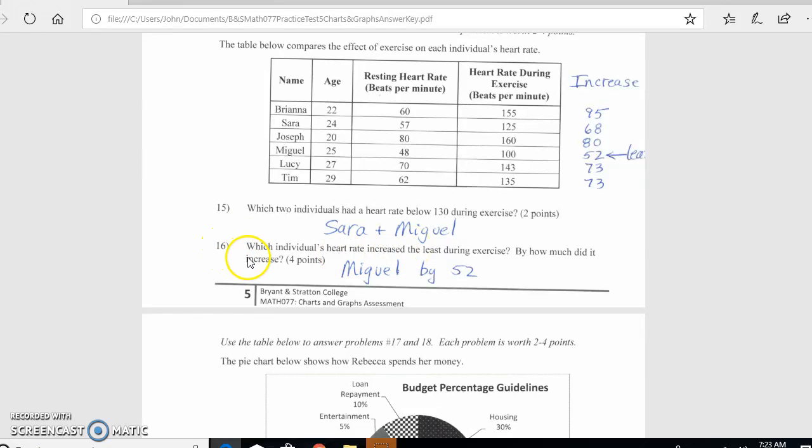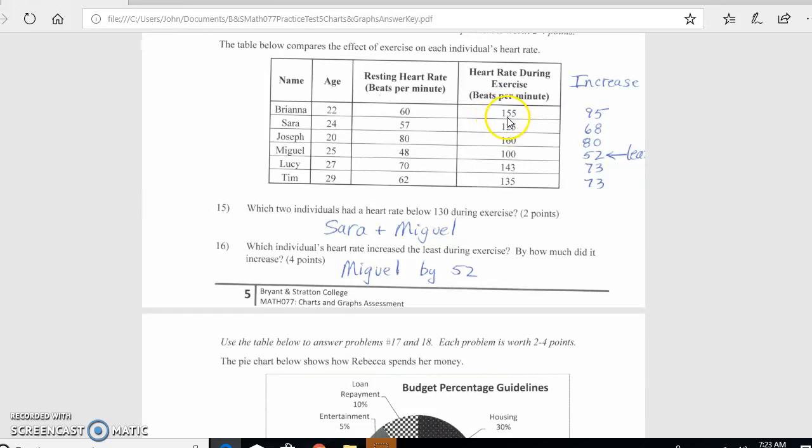And then question number 16. Which individual's heart rate increased the least during exercise? By how much did it increase? So now what we have to do is find the amount of increase during their exercise. So I put a third column over here, which I've entitled the increase, and we find that increase by taking